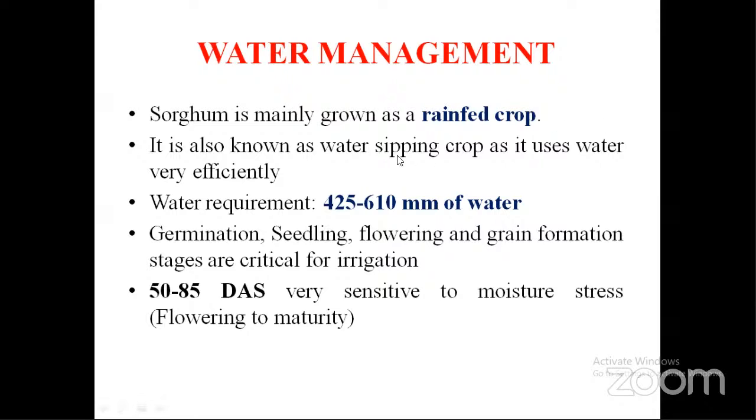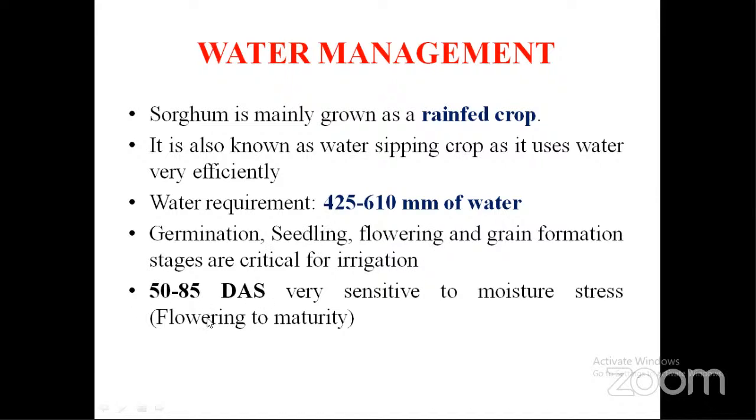It is known as a water sipping crop because it uses water very efficiently, and its requirement is 425 to 610 millimeters of water. And germination, seedling, flowering, grain formation stages are critical for irrigation, in the sense that at these four stages it needs an optimum amount of soil moisture. We should maintain that optimum level at these four stages, otherwise yield will be reduced,